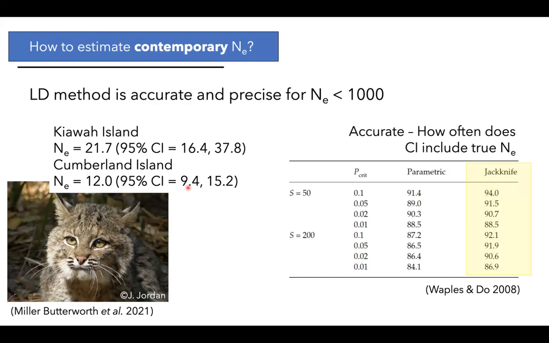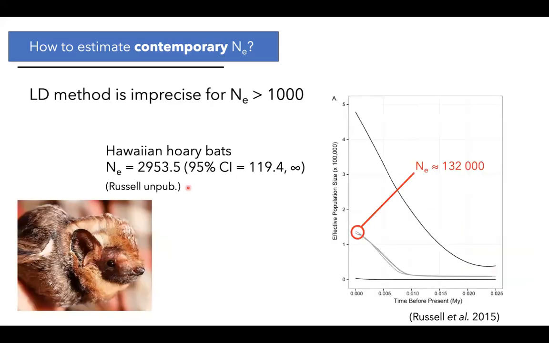Now, what happens if you have a large population? This method just completely breaks down very often if you have a large population. This is from a paper that I published on Hawaiian hoary bats. We estimated effective population size in a number of different ways. This is for one of the populations in Hawaii. We estimated effective population size using a completely different method and got an answer of about 132,000 individuals for current